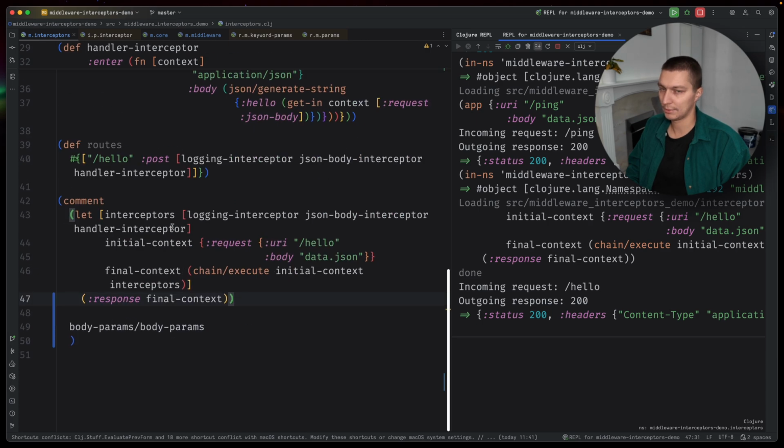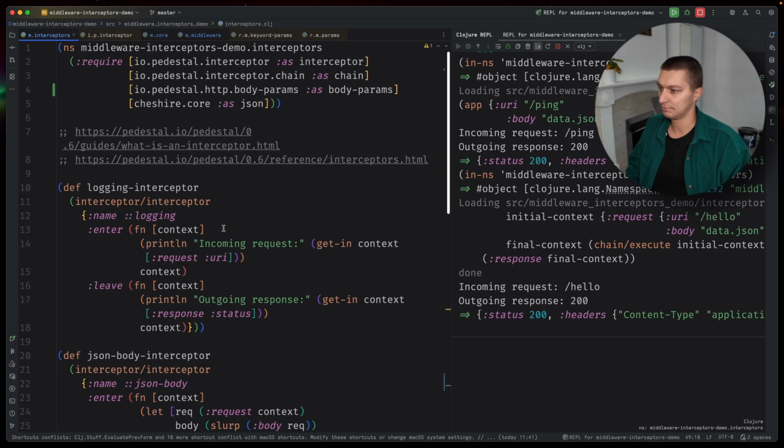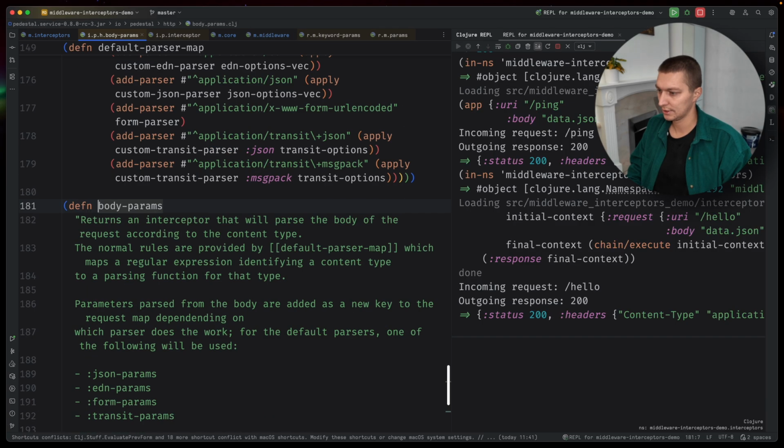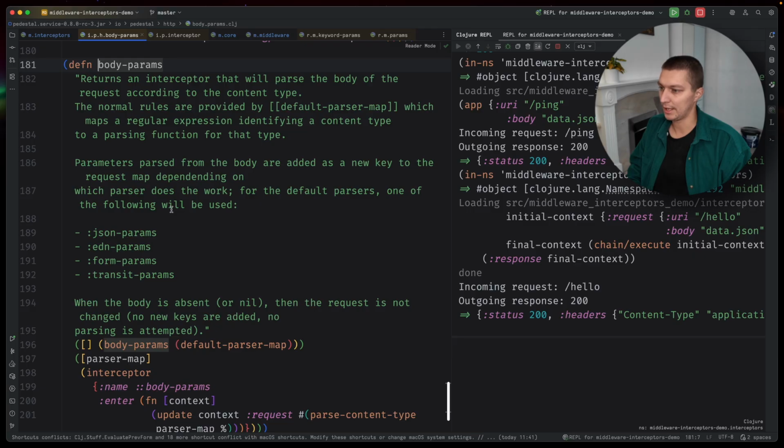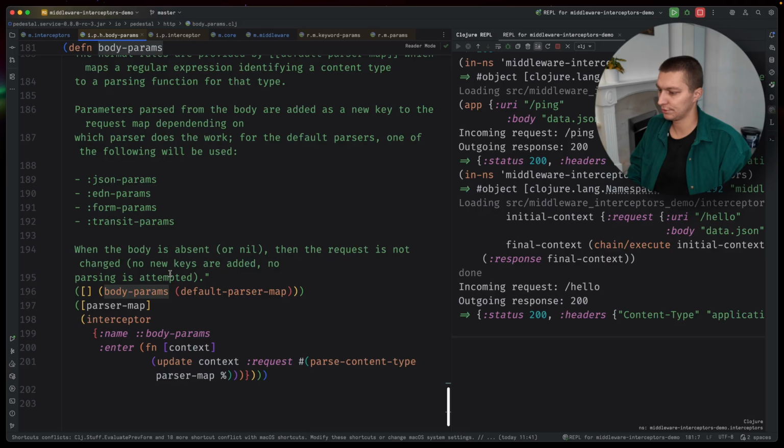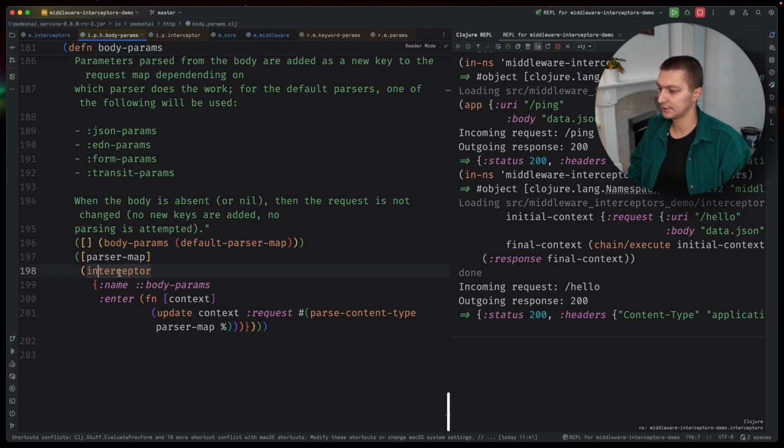Again, to learn more about interceptors and how you can build them, maybe some more complex things, I would just go and read the default interceptors available in Pedestal. So let's say an example is this body params. The library has really nice documentation, so you can read the doc strings here. See, same pattern, we wrap that into interceptor to create the record, but actually we just pass the map. It has the name and the enter, and then here we're updating the context, calling the parse content type,